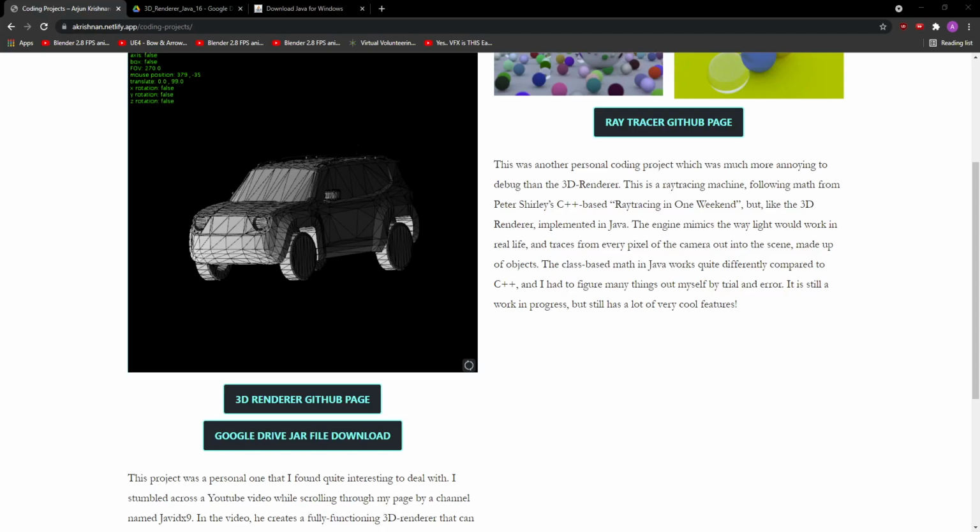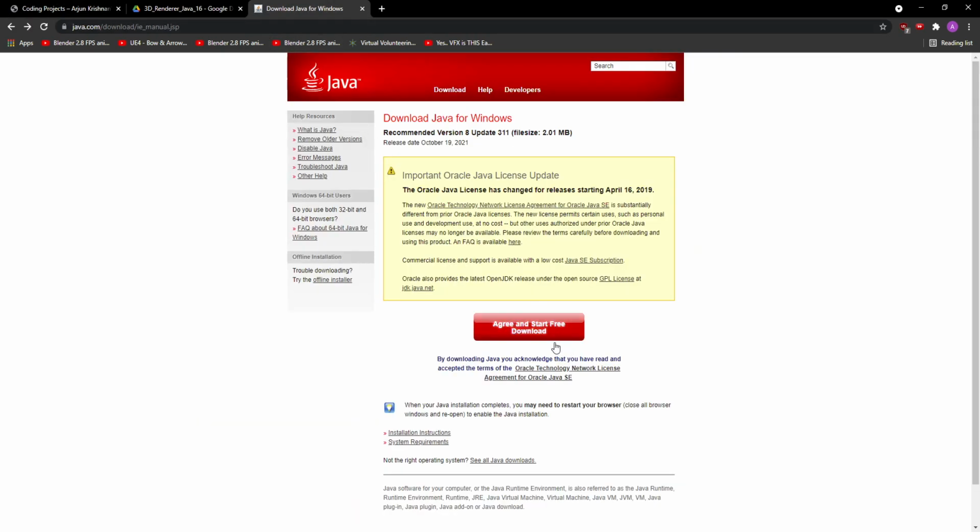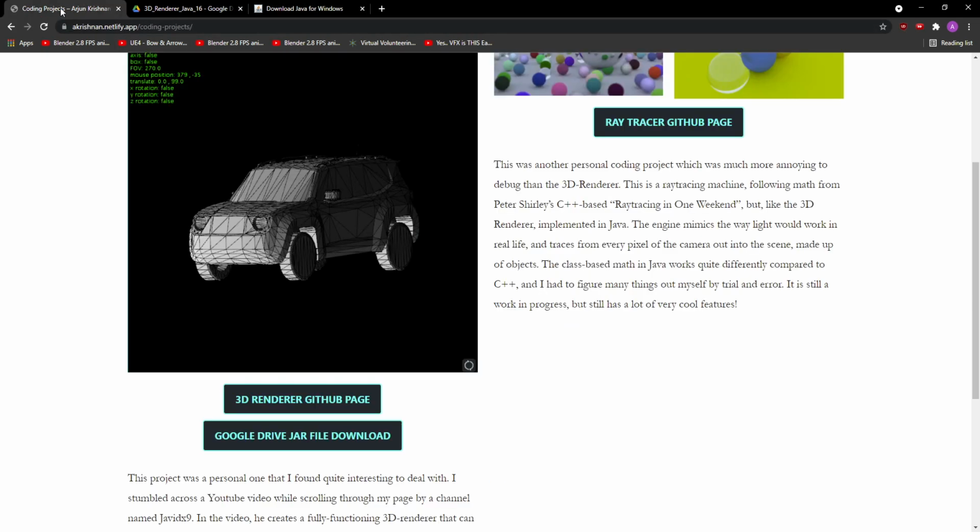Hello everyone, today I'm going to be showing you how to properly download, install, and run my 3D renderer that I created. The first thing you want to do is download the newest version of Java. You can do that from the official Java website, download it, and then run the exe that you download. Once that is done, you go back to my website, go to the Google Drive jar file download,